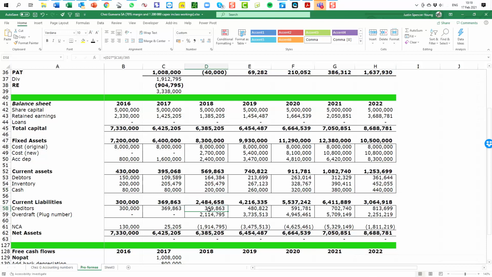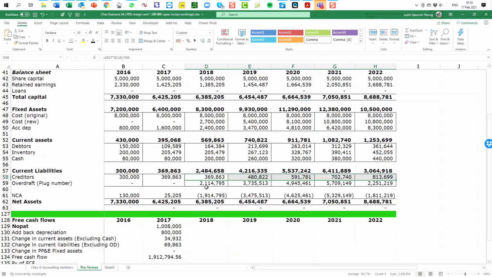It turns out as we are buying more and more raw materials, mostly coffee beans in this case, from our suppliers, our creditors are increasing. We owe our suppliers more and more money. And even though it might be more and more money that we owe them, what is consistent here is that we pay them on 45 days.